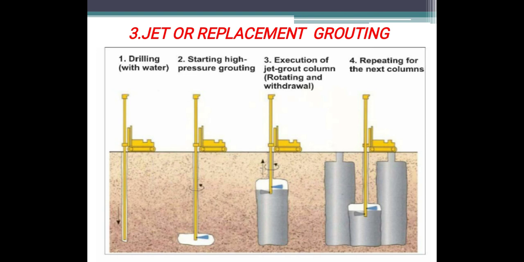Third one we have jet or replacement grouting. So here we have a jet in the drilling rod or the grout pipe. So first step is drilling with water. So it will be drilling a hole with the water. Second is starting high pressure grouting. So there is a nozzle at the bottom of that grout pipe, which will be grouted